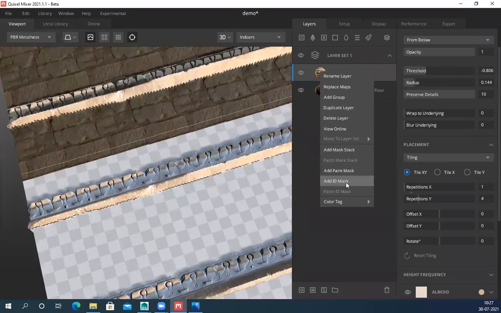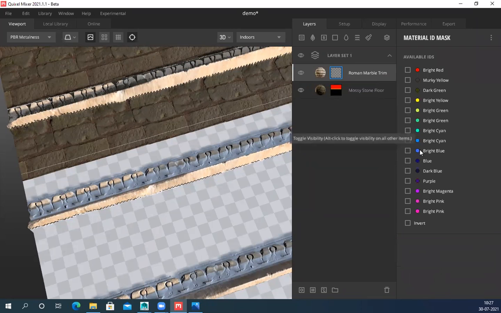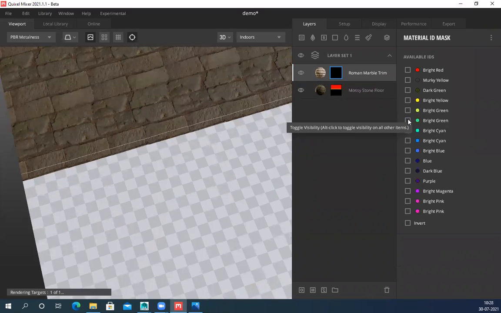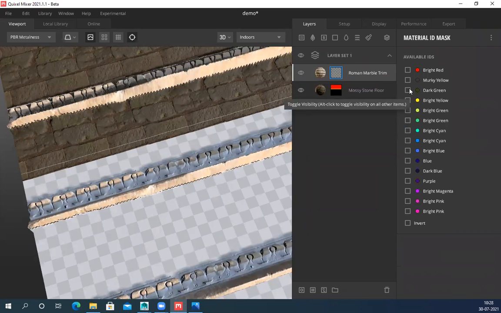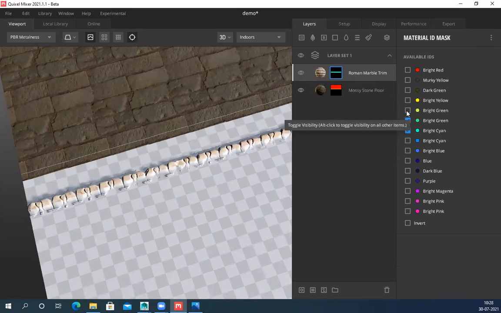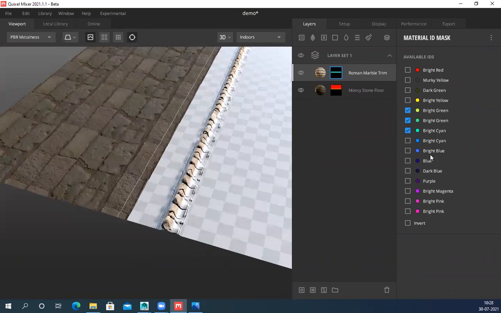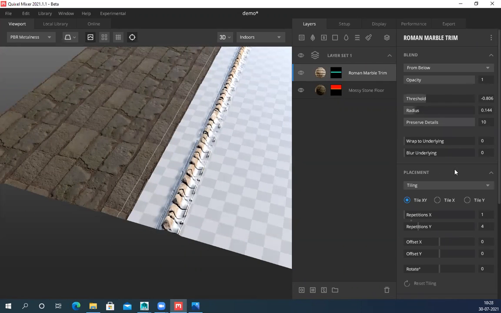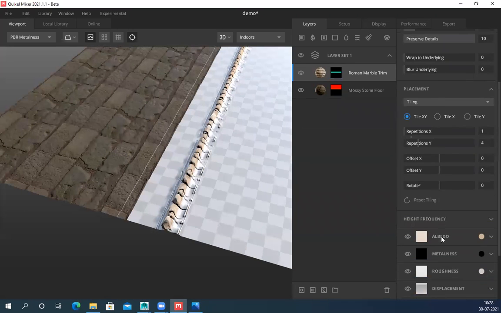Right click again, ID mask, and this was more of a greenish color, I believe. Should be this color only. So select this. Now you see it's not visible everywhere. So I have to check how to blend this properly with this.